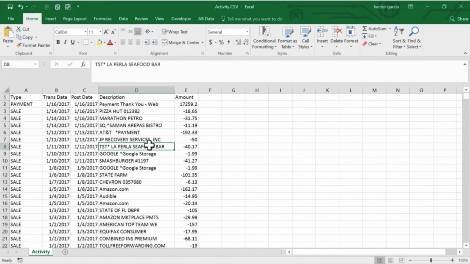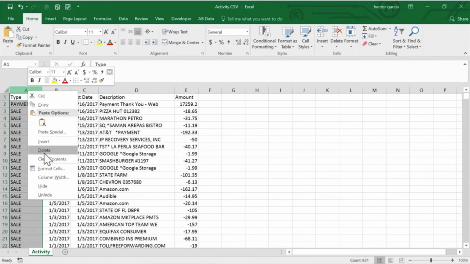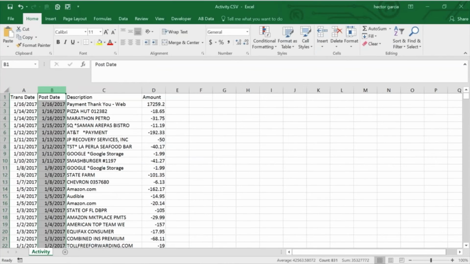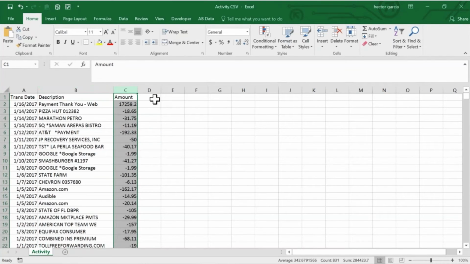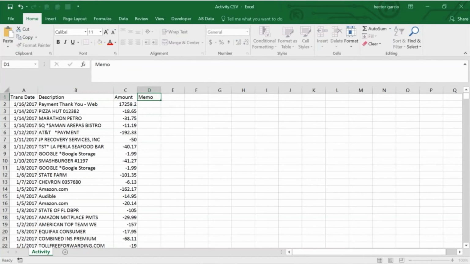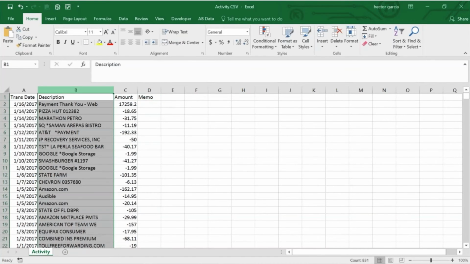Because if you clean it up, then you can really speed up your process. So anyway, let's pretend that this is bank information. This is information from the bank. So I'm going to go ahead and start cleaning this up here and only have one transaction date, one description, one amount. I'm going to come in and create a column for memo, and then I'm going to copy and